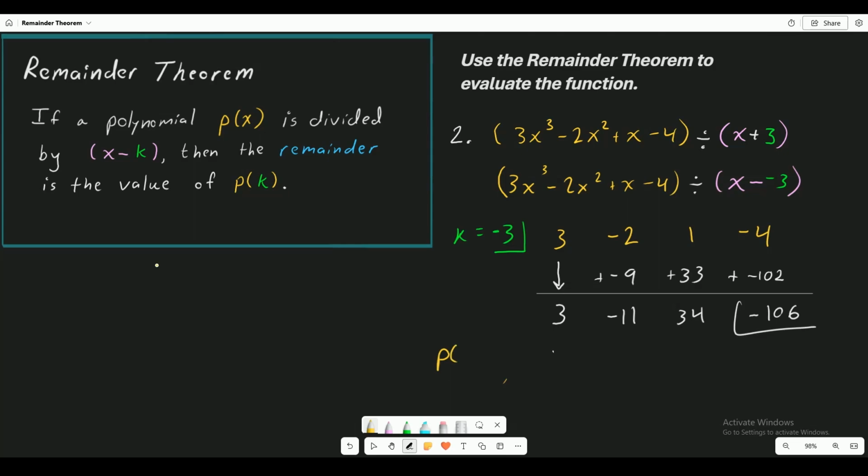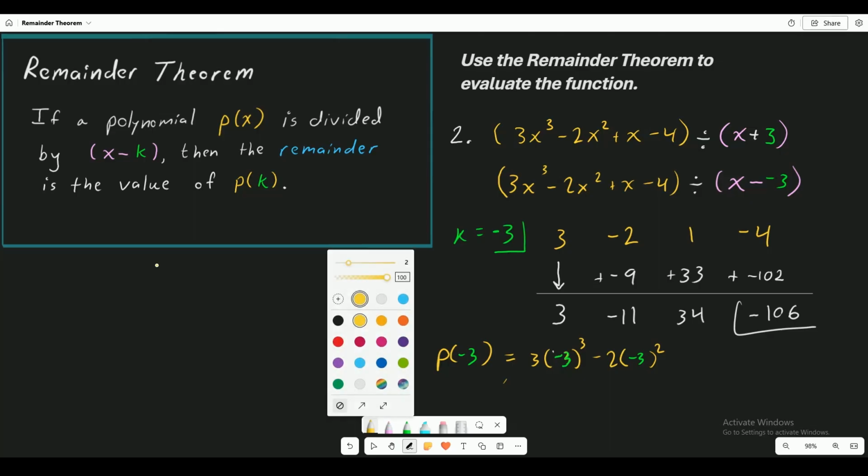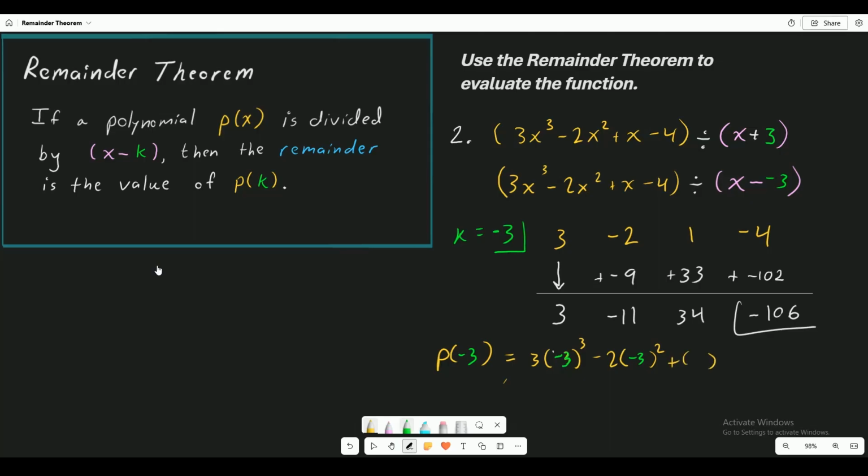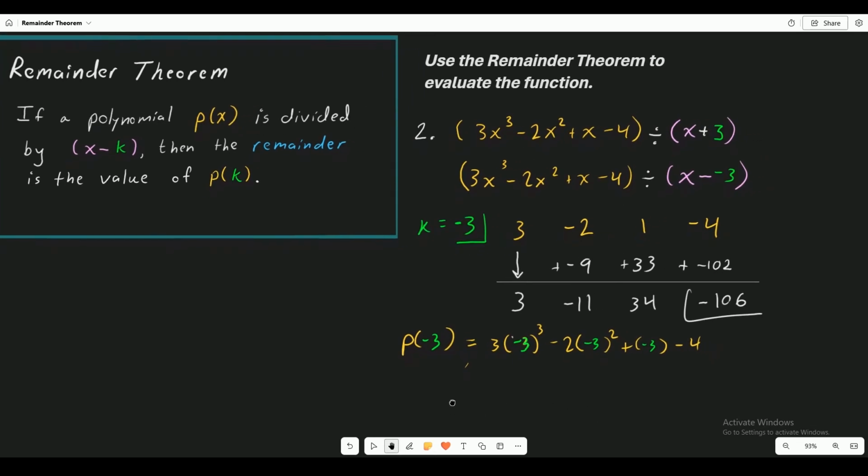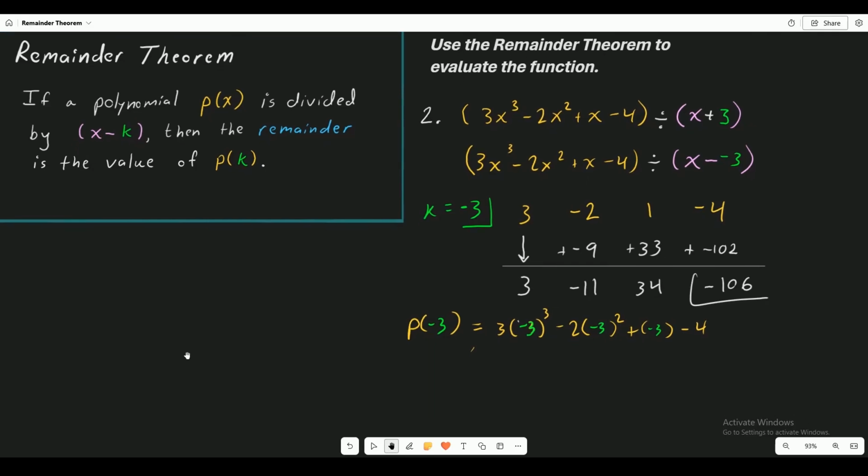So P of negative 3 is going to equal 3 times negative 3 cubed, minus 2 times negative 3 squared, plus negative 3, minus 4, just like that. Let me zoom out just a bit and move it so we can have it within view. All right, negative 3 cubed